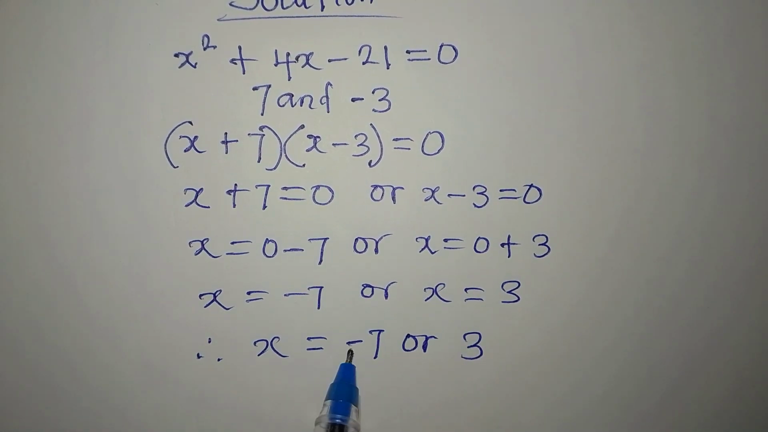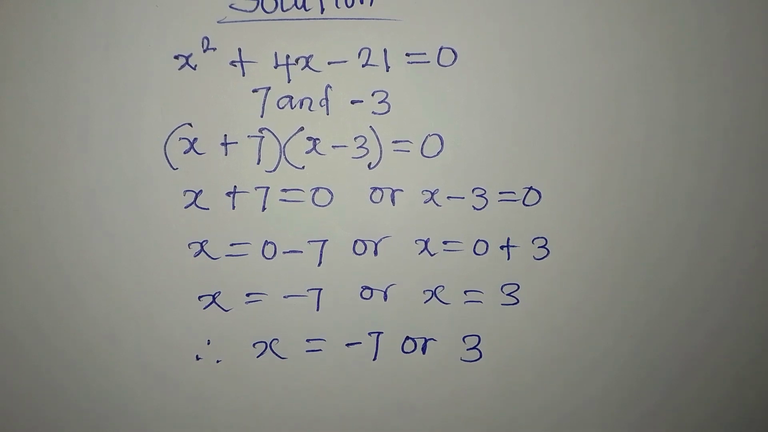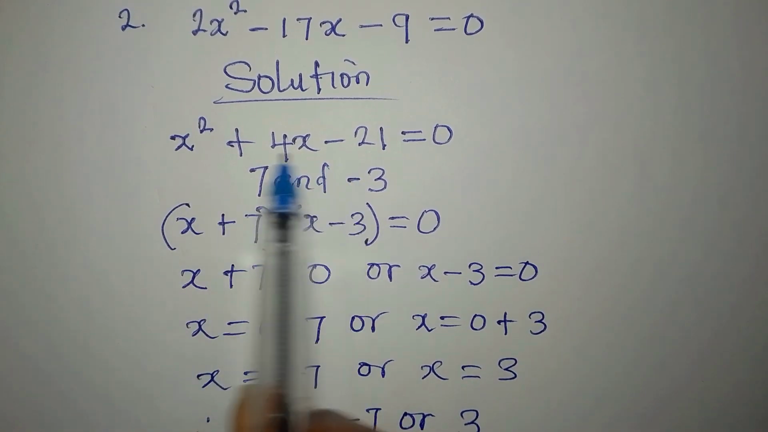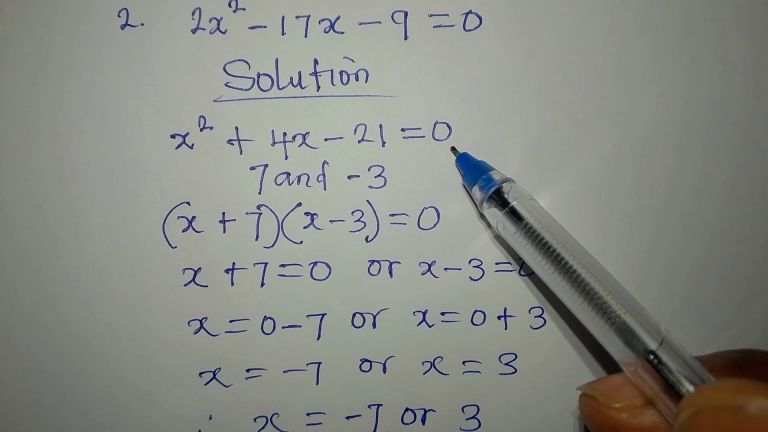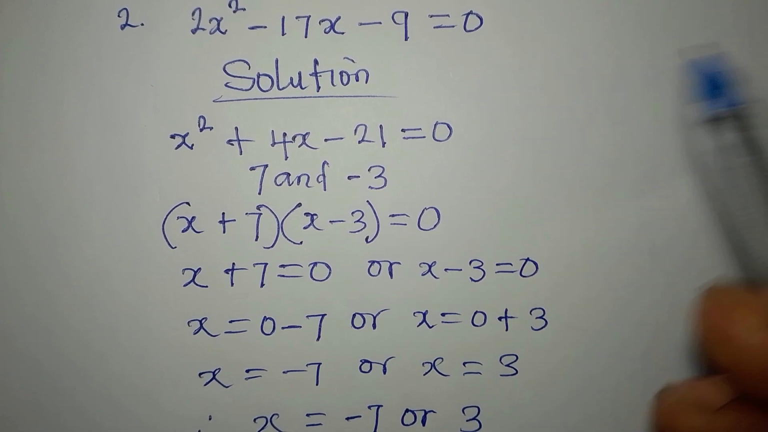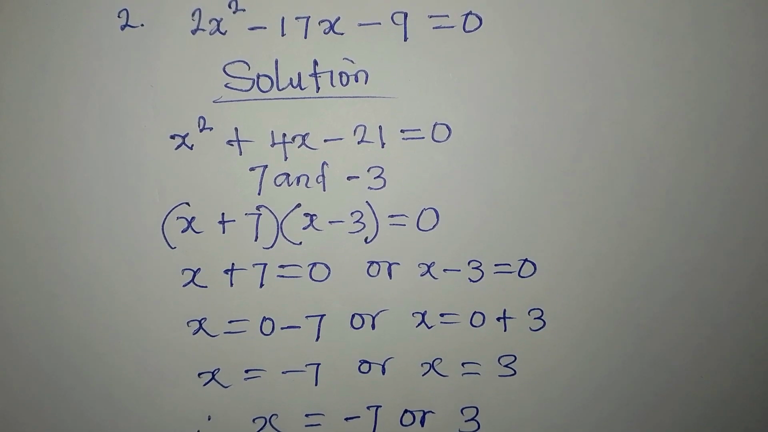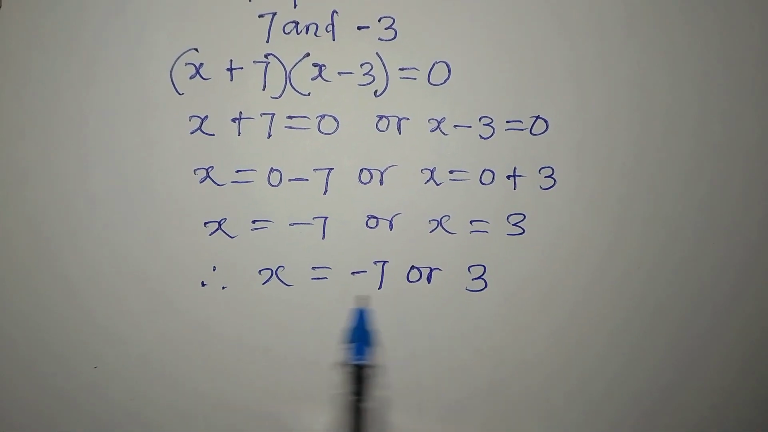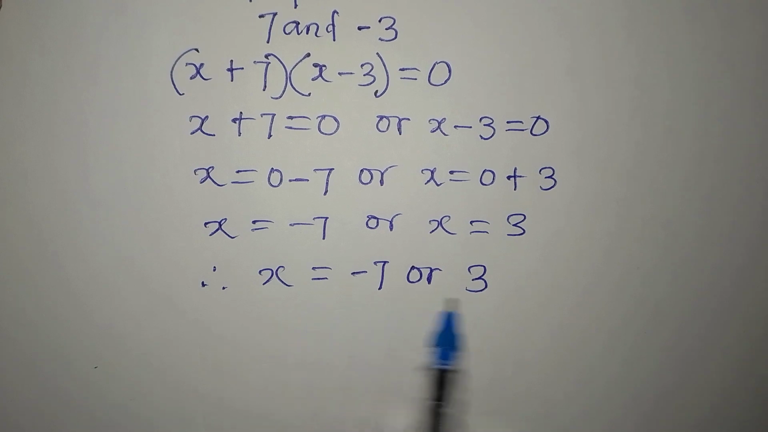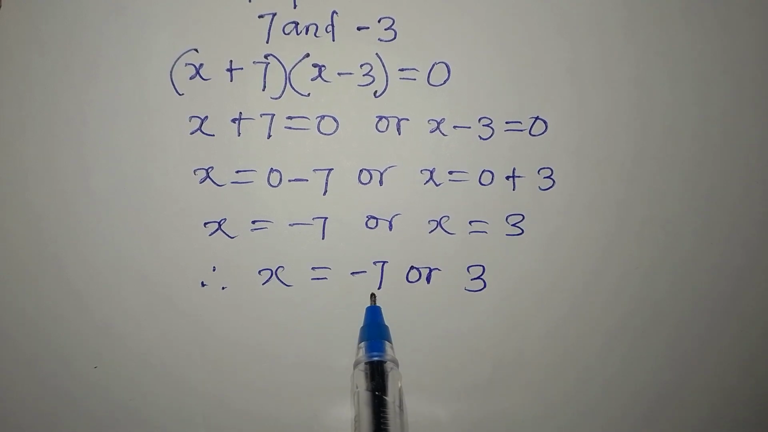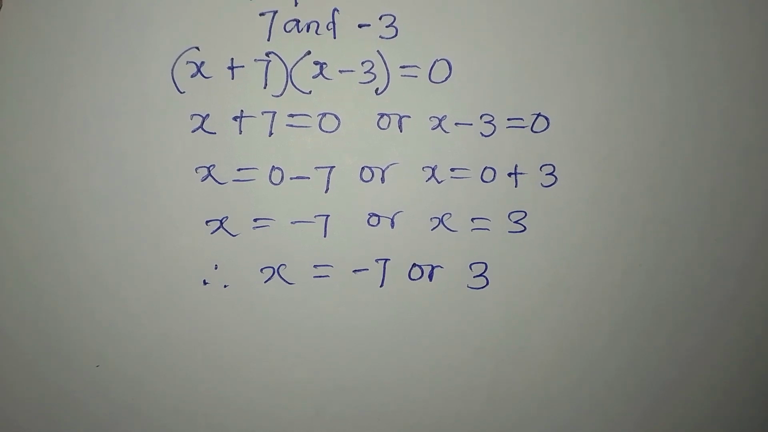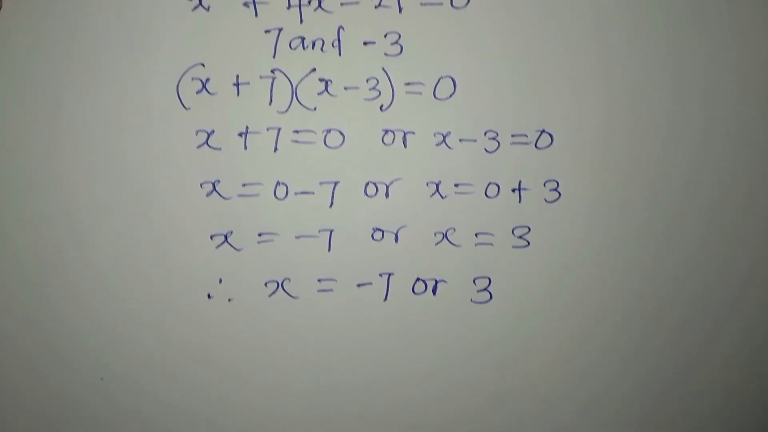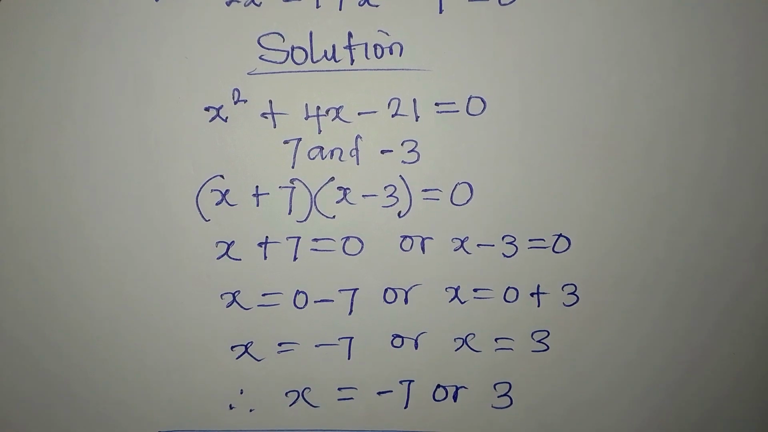So if you put these values of x into this equation, then on the right hand side you will get 0. Okay, and that is how to verify. Now we have solved the equation through factorization, and we are having minus 7 or 3. Now let's go straight to the second equation. The second equation is